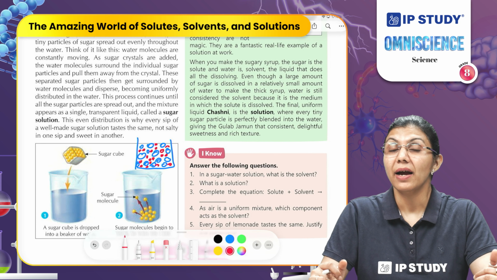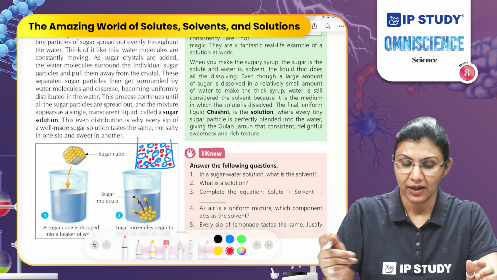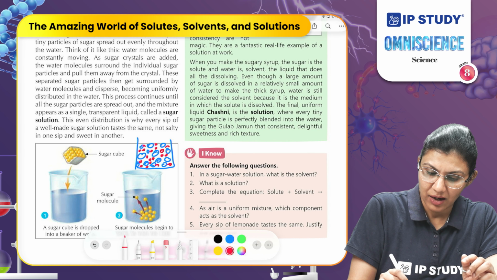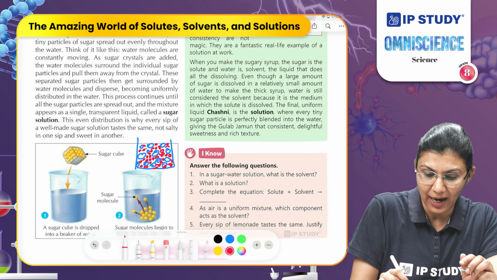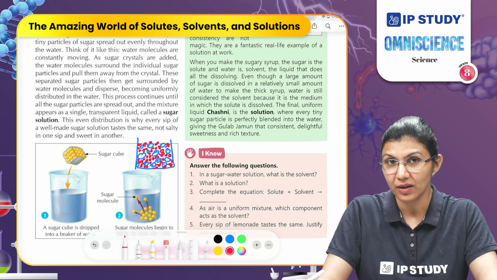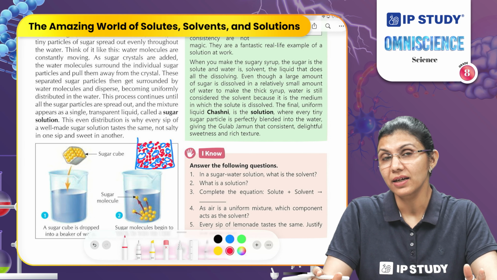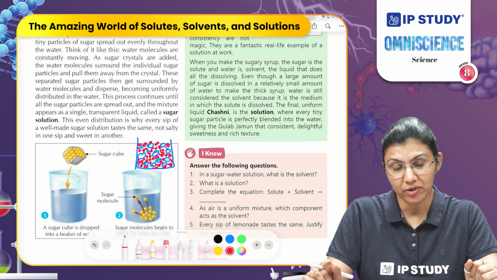If we continue adding the solute, at a certain point this available space will be filled and at one point we will not be able to add or dissolve more solute in a solvent. In that case, we will say the solution is a saturated solution. How can you do that?